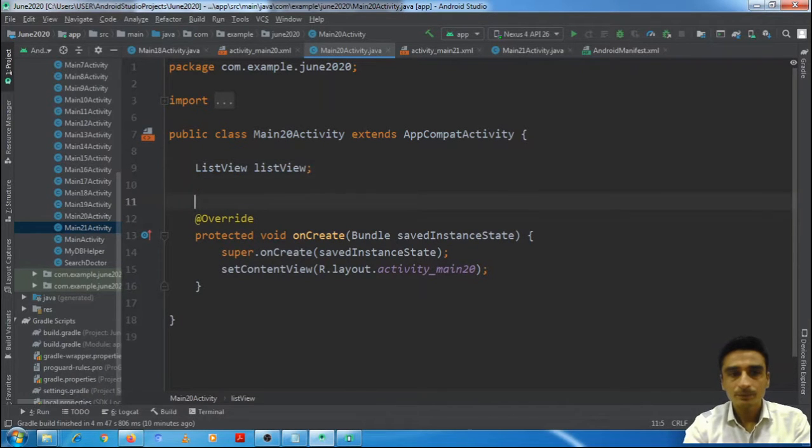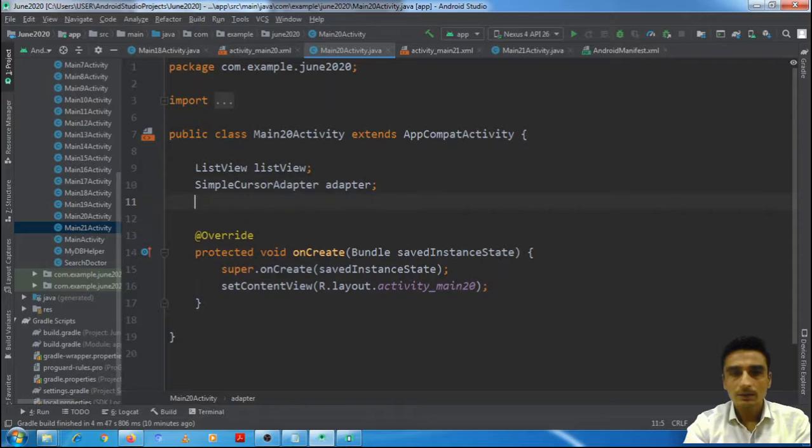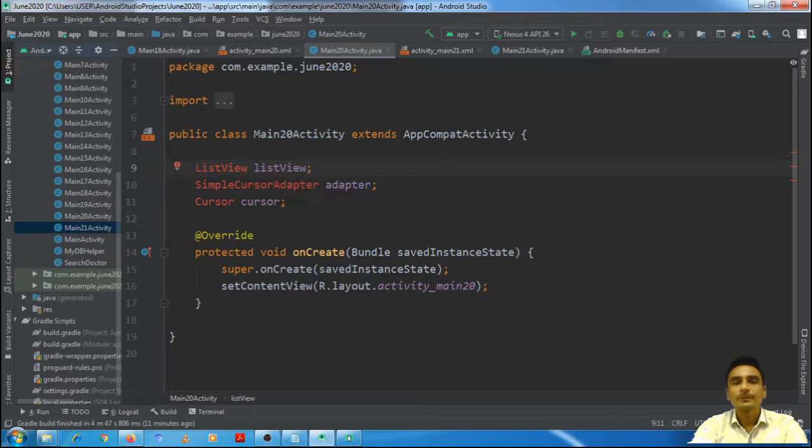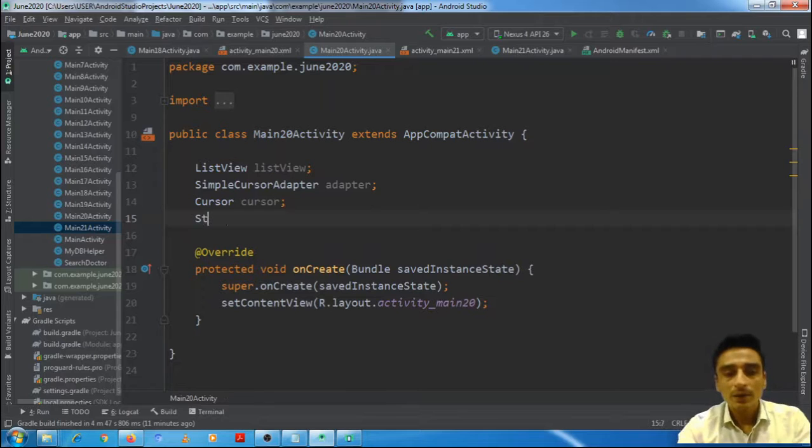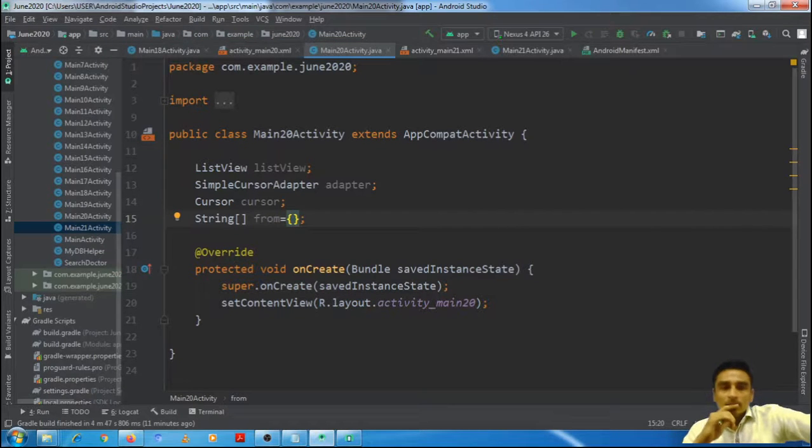Then a simple cursor adapter, then a cursor, then a string array from, which column we want to show from the cursor.